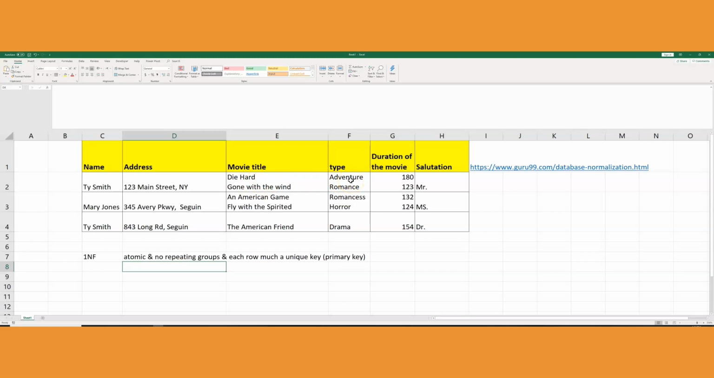We have adventure for the first one and the second one, and also a repeating group in the duration of the movie. Salutation is impacted by the name, of course, so it's going to be a single value. Notice also there are repeating groups for the second person, Mary Jones, as she rented two movies, along with the type of the movies and the duration. So the very first thing is to start with